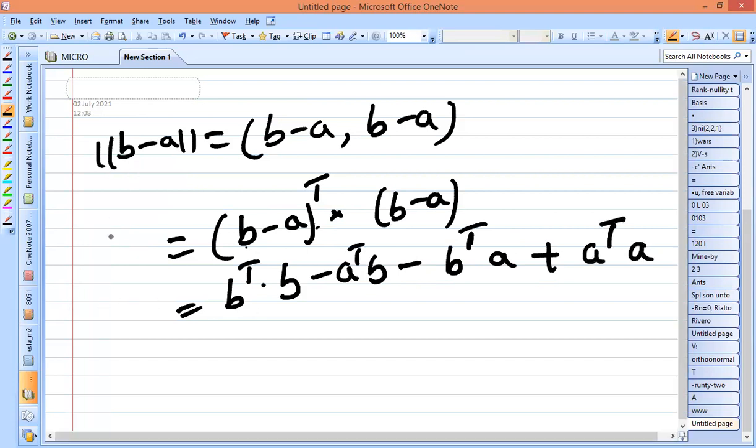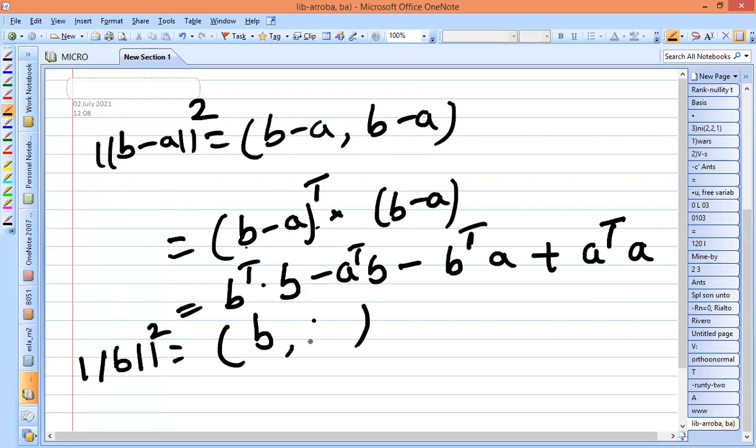So this is one formula for (B minus A) whole square. Now using all this, we'll be writing the formula for the cosine. Next, suppose we consider only the magnitude of B square. Here we have written (B minus A) whole square as (B minus A, B minus A). When we have B square, whatever elements we have in the parenthesis can be written as (B, B). So this is simply equal to B transpose into B.